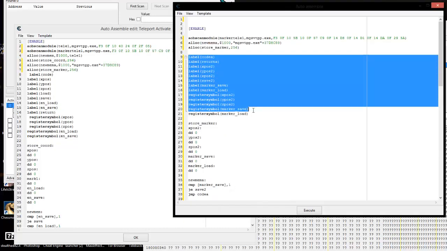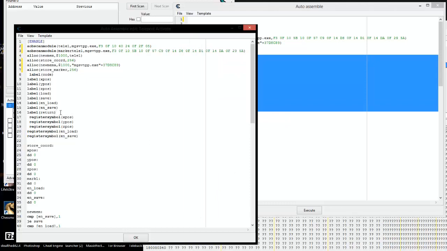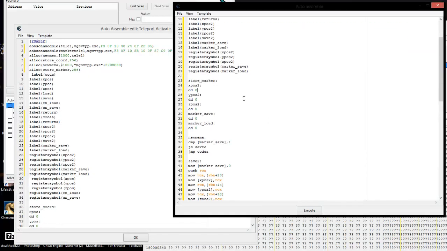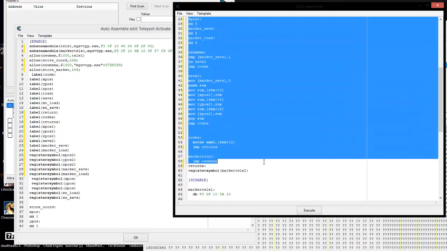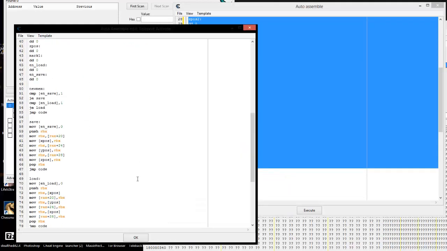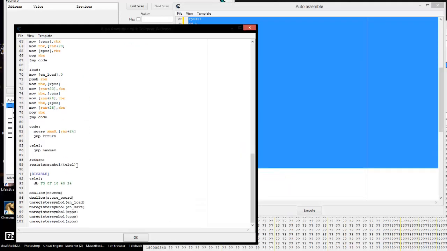And just put it in its appropriate area. And you can make it look nice and neat all you want. I'm just trying to get things over here right now. And this is our other allocated memory for our marker, so we need to put it in a different spot in the script here. So we want to go all the way down here